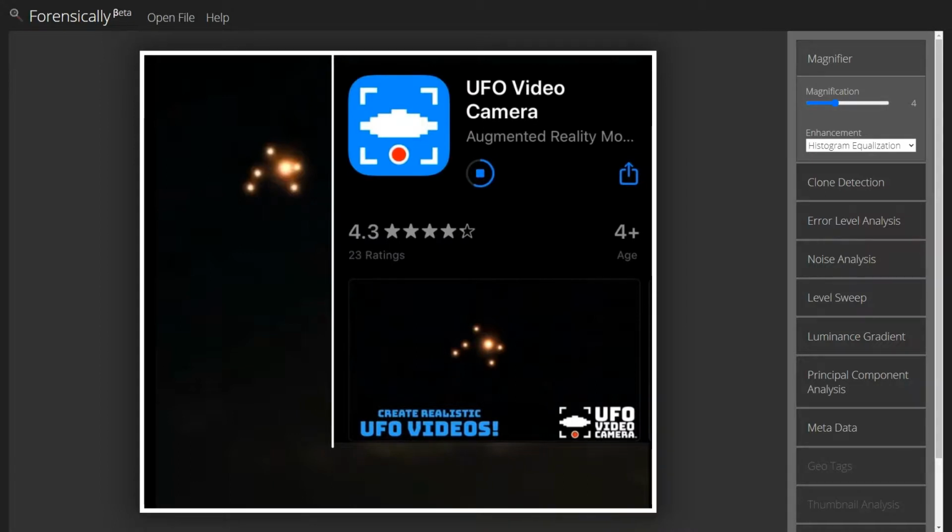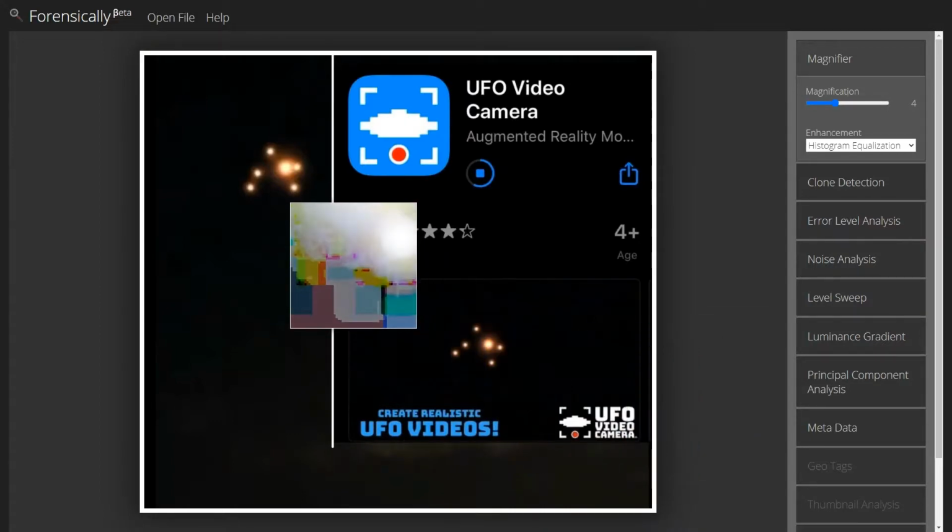What it does, if you look at the description of this particular app, is you turn the app on and then it uses your camera and starts recording video. You pick which UFO you want, like the effect. And there's several different ones. In this particular screenshot of the app, we have the same similar